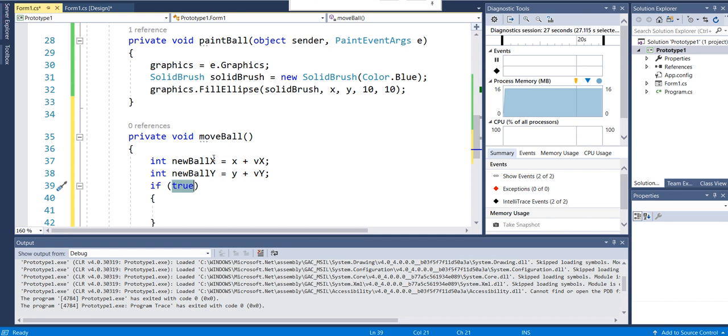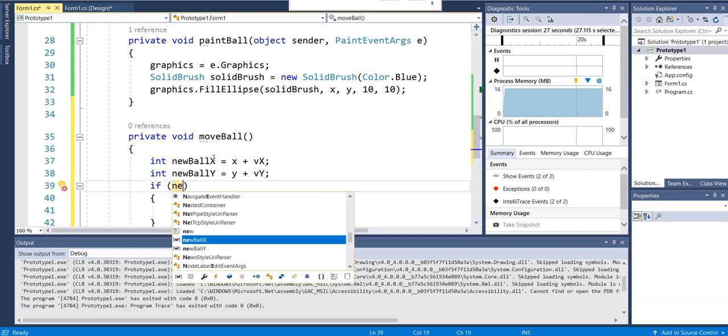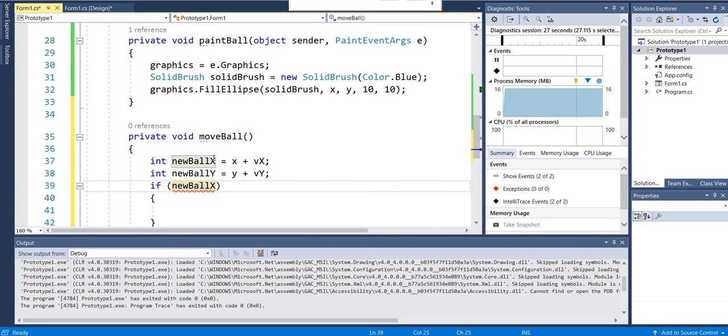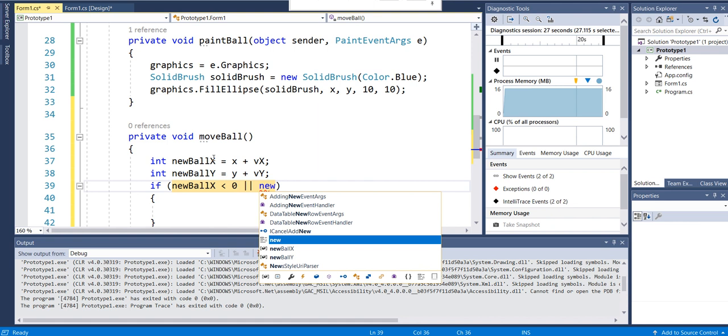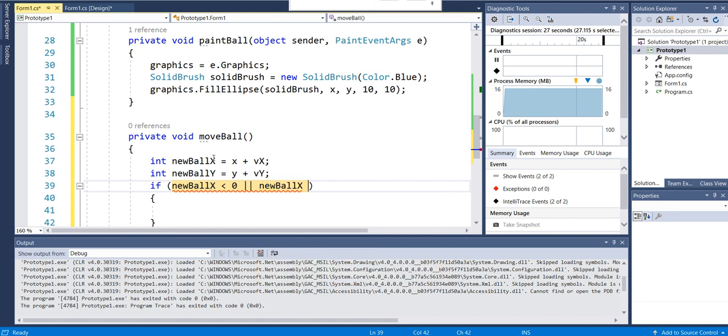We want to make sure that the ball's position, new ball x, isn't going to go too far left. Now left of the screen is going to be the coordinate 0 in the x form. So if new ball's x is less than 0, it must have collided with the left-hand wall. Or we need to look at the other side of it. Or if the ball's x coordinate